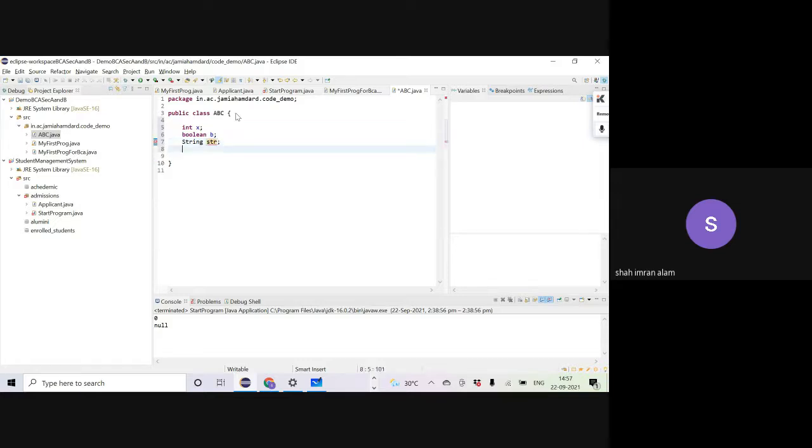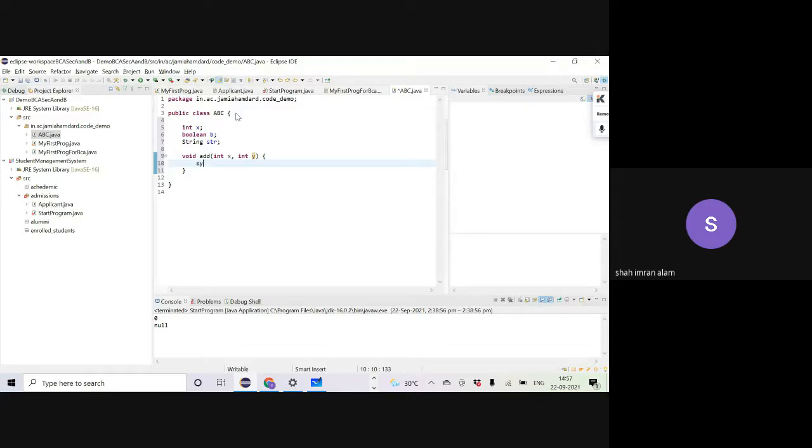It may also have a method, say void add, with two parameters, integer x comma integer y.